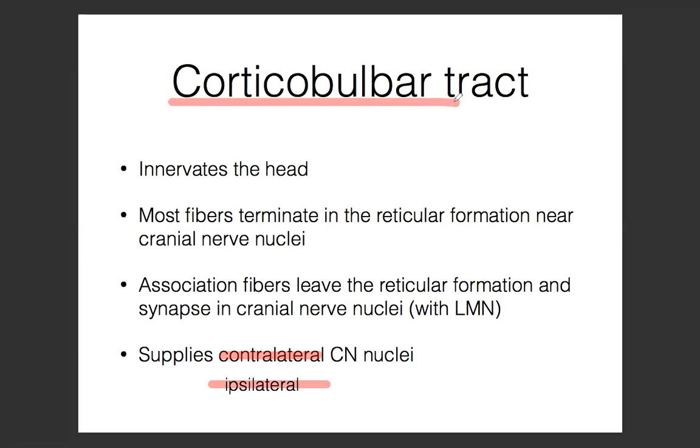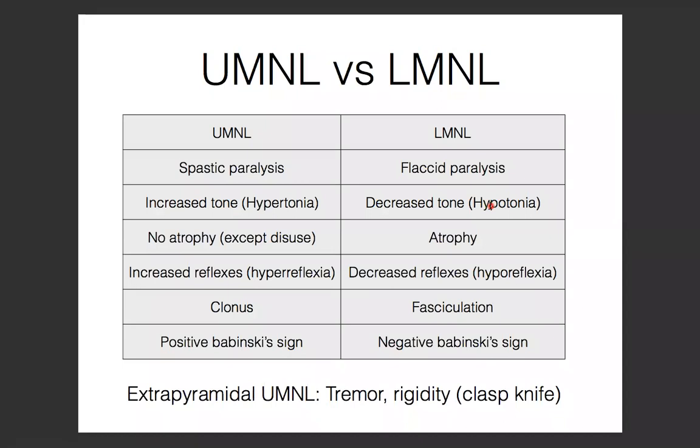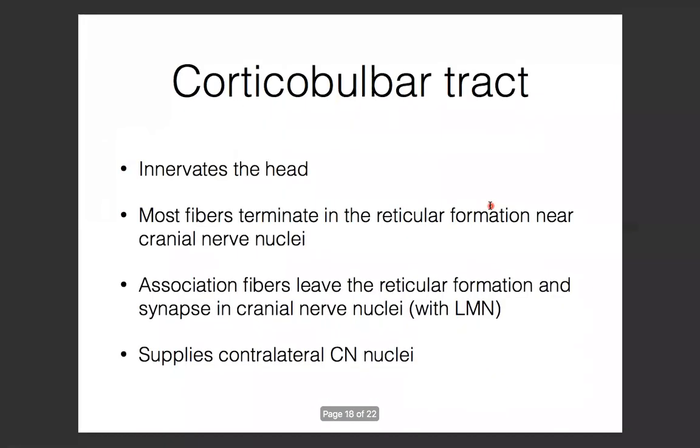يعني دائما لما أي tract that crosses or decussates بيكون supplying the contralateral side. وأي tract that does not decussate بيكون supplying the ipsilateral side. تمام؟ نرجع نكتب بس الكلمتين دي اللي هم ipsilateral and contralateral. They're very important words for you guys to know. يعني الكلمتين دي make sure you know them very well. You know, ipsilateral means same side, contralateral means opposite side. تمام؟